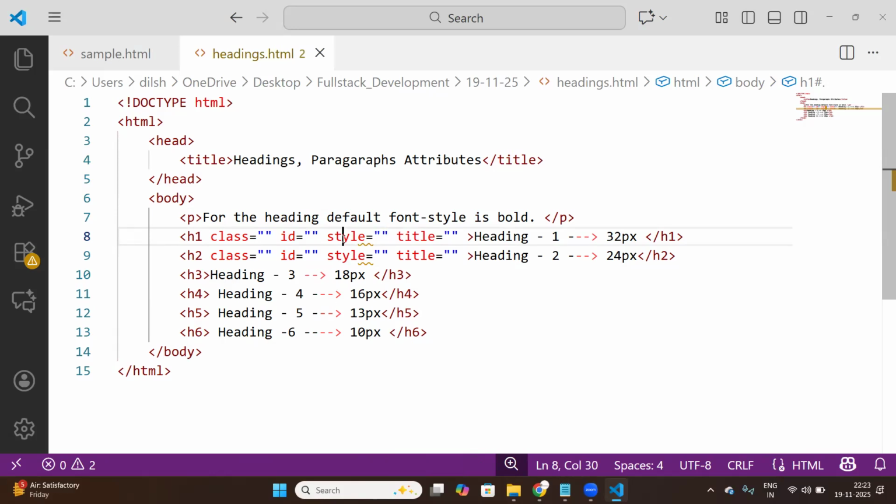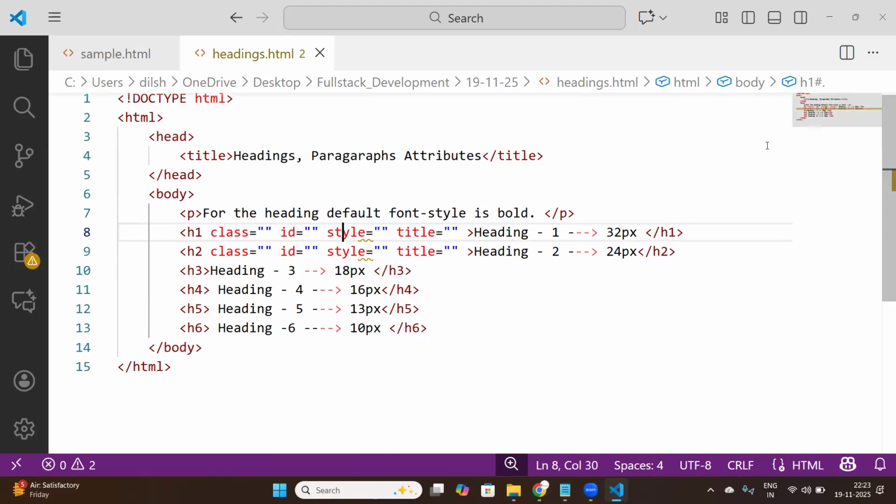The title attribute can be used to apply different styles to that particular element. The style attribute can be used to apply a number of styles; we can apply multiple styles on that particular element. So the attributes are title, language, and direction. These are the default attributes of